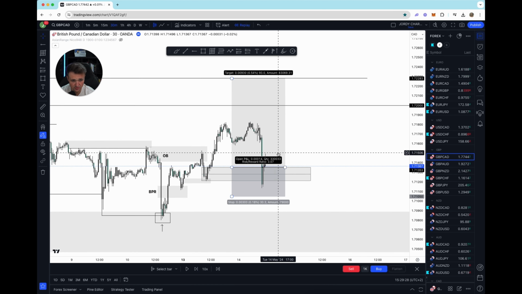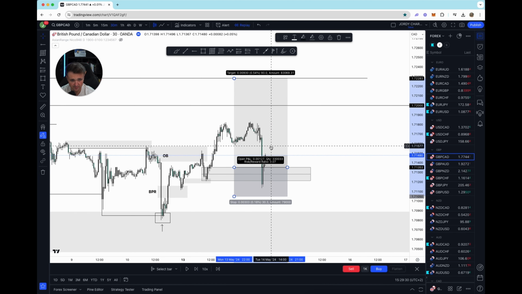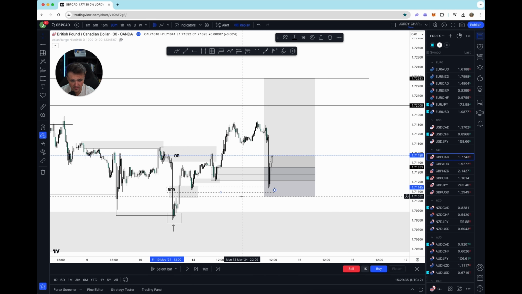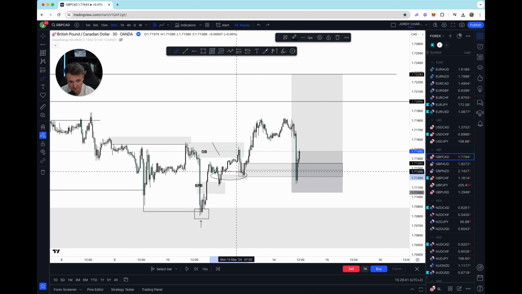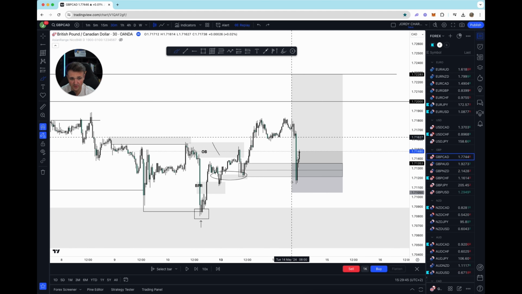We tap into the zone very aggressively. And as you can see, quite simple. We have this order block being disrespected. We have this being respected. Then we break above here. So this is quite a nice entry to enter the market.